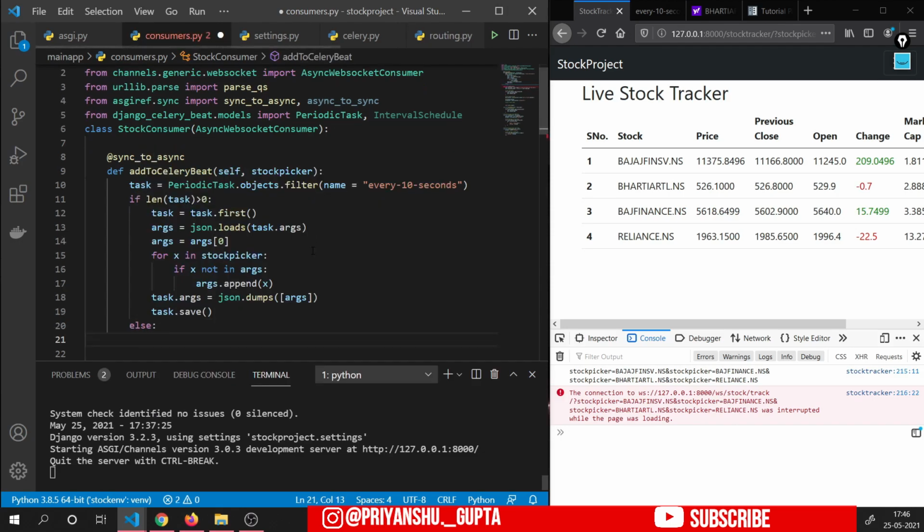Else what we'll have to do is create this task again, right? If we have removed that task, then we will have to add that task inside that table, and then update this args argument inside that.